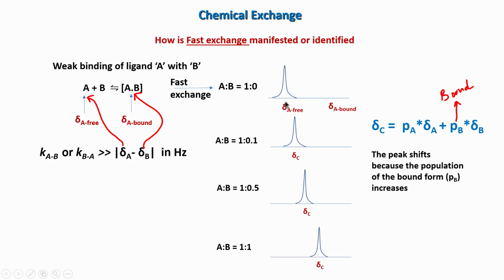it does not matter what you consider, I can consider A as a protein and B as a ligand. In such cases I will monitor the protein spectrum. If I look at A as a ligand, then I will be monitoring the ligand spectrum. So, both ligand and protein will show fast exchange because both are fast with respect to the chemical shift. So, here it does not matter whether you consider A or B, either one, but you have to look at the bound form. So, if I am looking at the bound form of A, then I should look at the free form of A. Similarly, if I am looking at B in the free form, then I should look at B in the bound form.